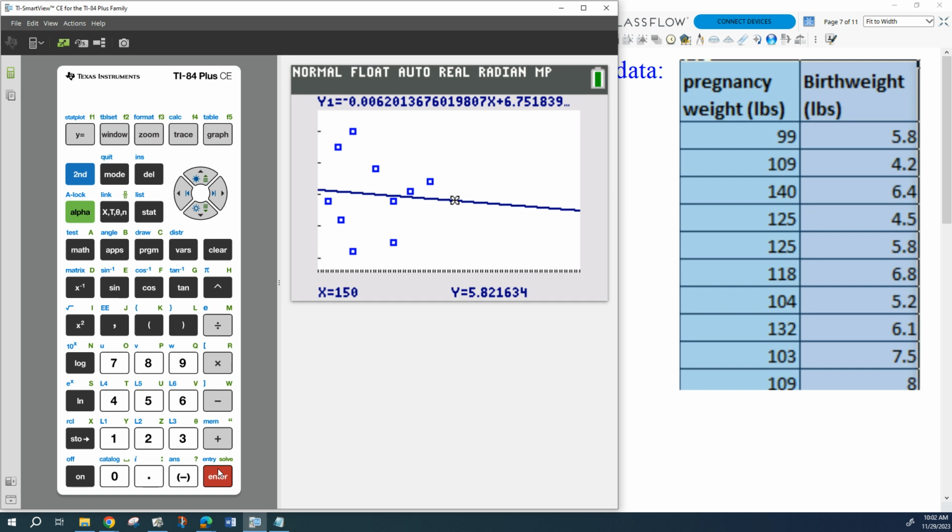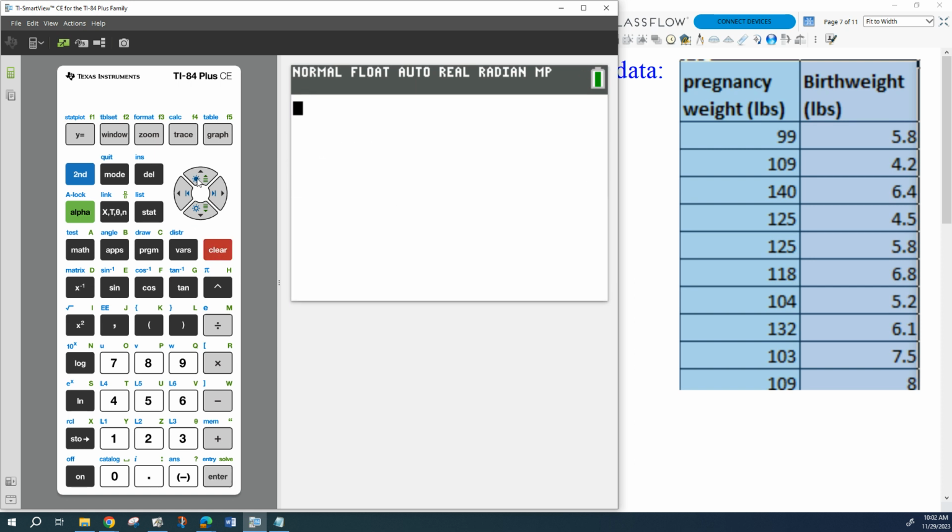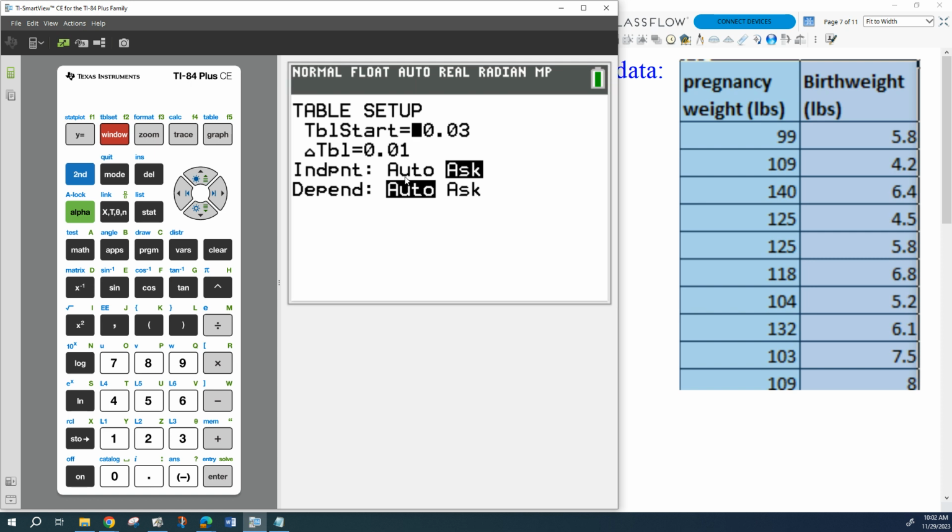What else could I do with that? Another way you could do it, I'm giving you an embarrassment of riches here. If you didn't want to even rely on the graph, like maybe you didn't care that much about the graph, you could just use a table also. So I could go up to table, and I have to go to table set real quick. So I'm going to go second F2 to table set, and I want my independent to be on ask instead of auto. So that means I can plug in any value I want to. Okay. Now I'll just go second